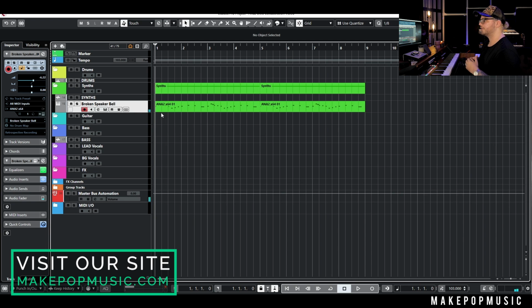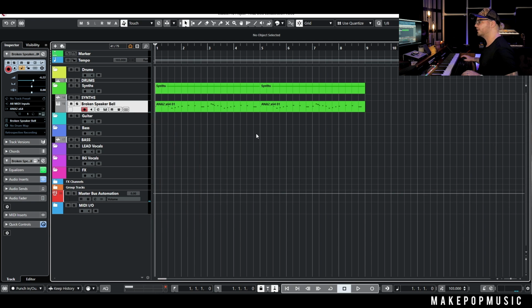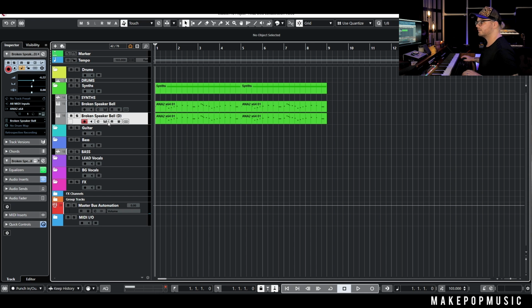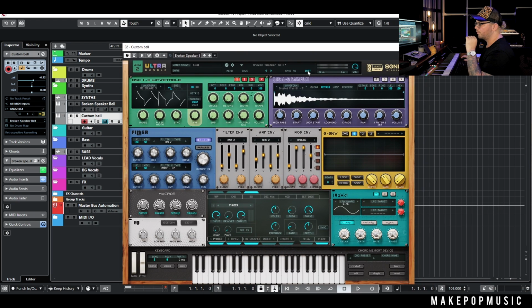And that to me is a really, really good bass line. So let's go ahead and duplicate that up and start finding an extra thing. So for this, instead, I think what we're going to do is a custom bell, and I'll show you, if you don't want to use just the presets as they are, you can come right here,